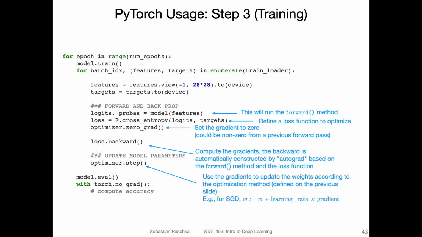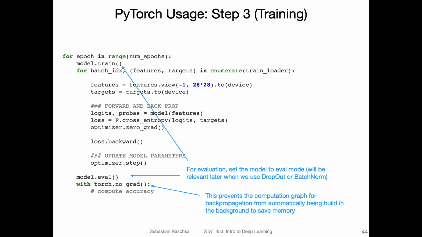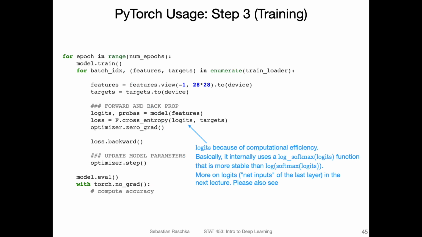All right, there's just some more written stuff of what I explained. So you can also read through this more slowly on the slides. It's just some annotation, so if you want to take a look at it at home in a quiet moment, you have my annotation here. Sometimes it's easier to read than to listen, I think. So in a way, I annotated everything. And this is also something I will explain when we talk about logistic regression and multi-layer perceptrons, why we use logits.